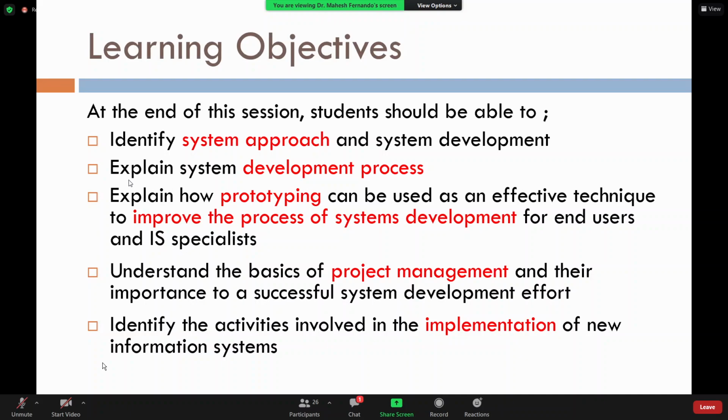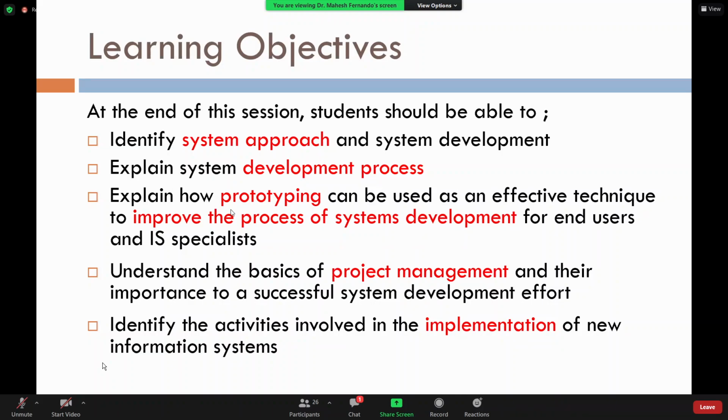We're going to explain the system development process, right, even though some of the parts are played by information technology professionals. We're going to understand that even non-IT people should understand some of the things related to system development from their abilities or understanding. It will be helpful for them to communicate easily with the system developers in the language that they are using. The system development process is going to be discussed to some extent, and we're going to identify